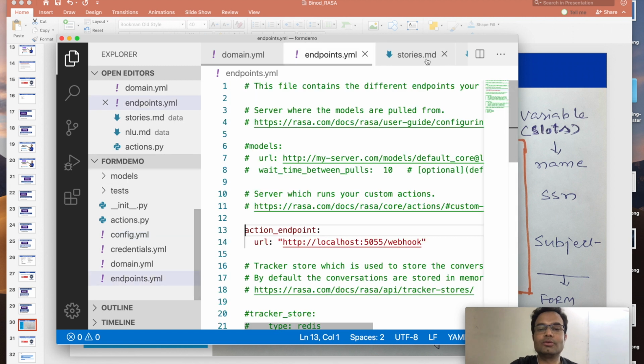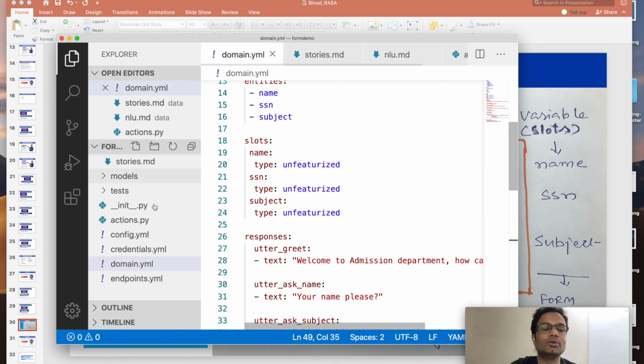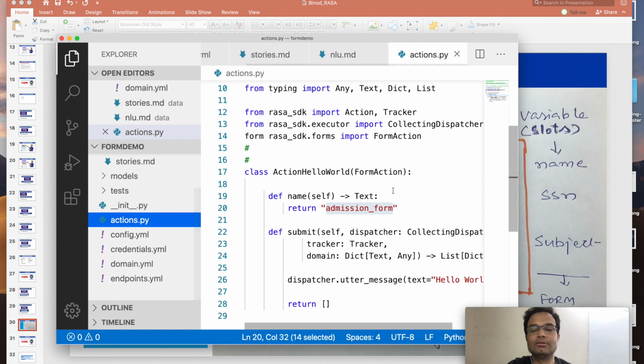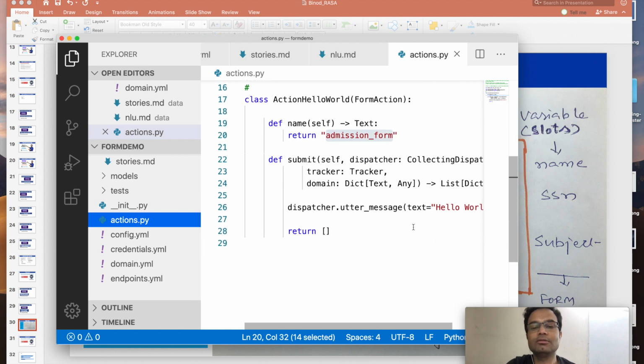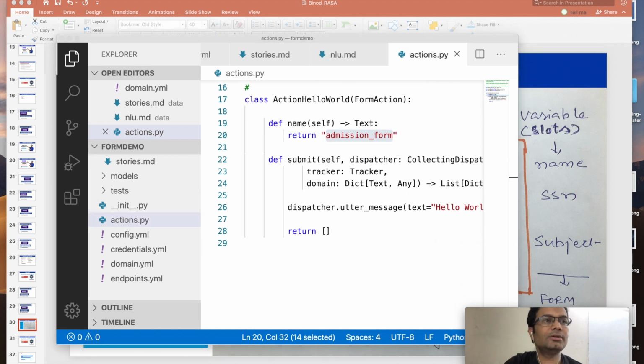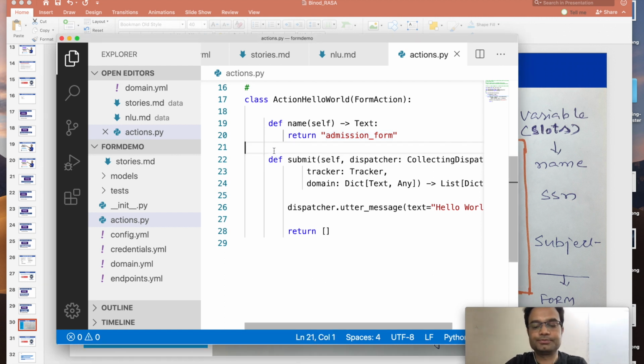Then this entry is not required, and go to the action python file. In the action python file, the important thing is the method. That method will define the mandatory records you need, so you have to put them here.